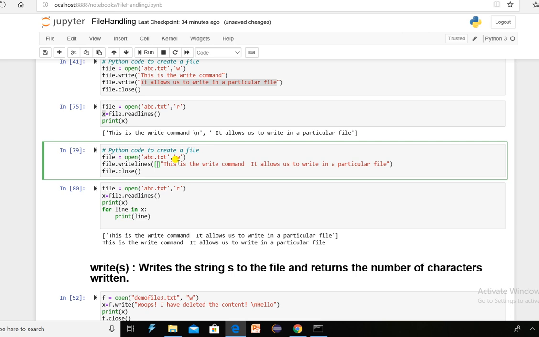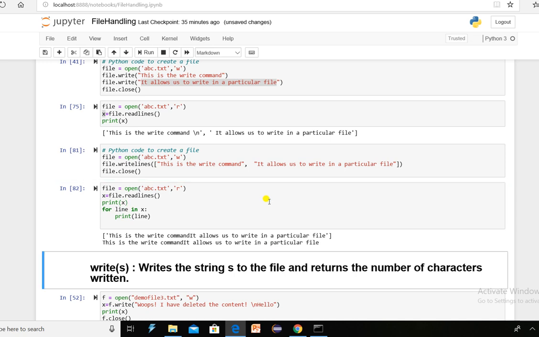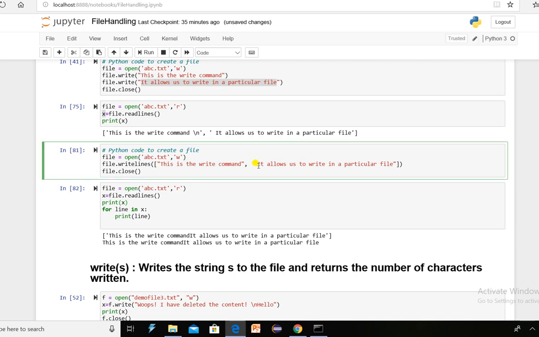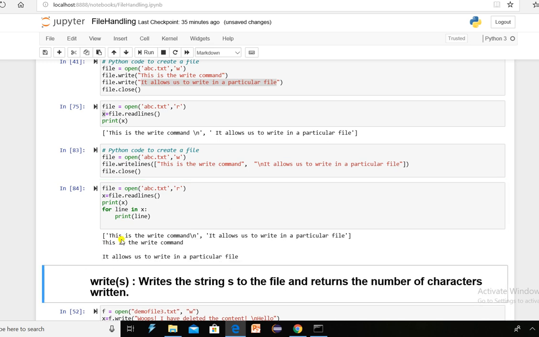But how can you make it perfect? By using a list: the first element, comma, second element, square bracket complete. This you have written in your file, and this you want to write on a new line. This is the write command.